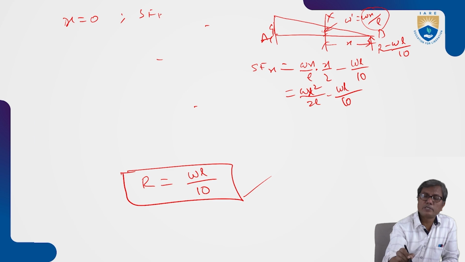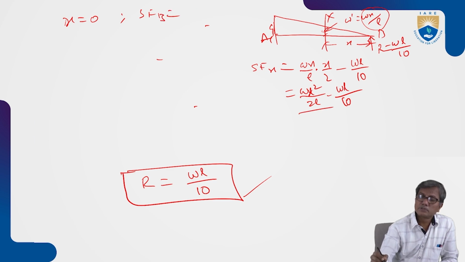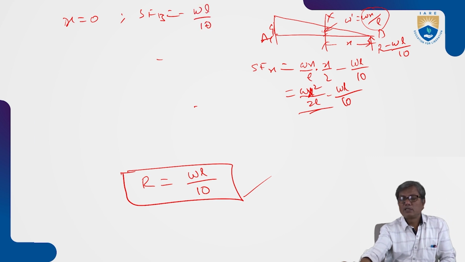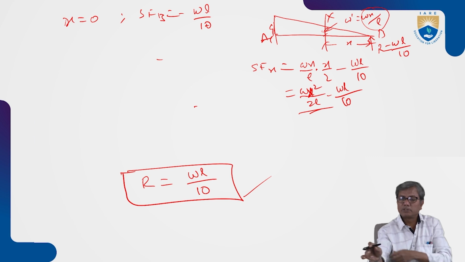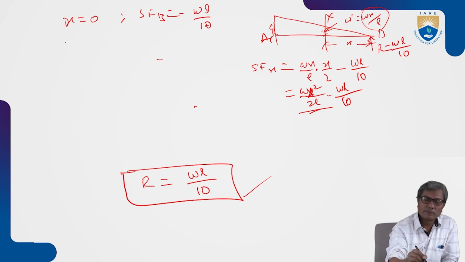Shear force at B. Substituting x equal to 0 here, this term becomes 0, and we have minus WL by 10. Minus sign here indicates it is upwards. The force is upwards. Similarly, at x equal to L,